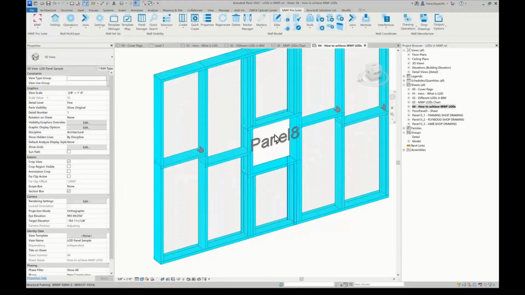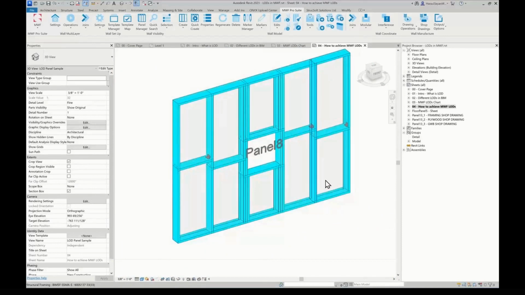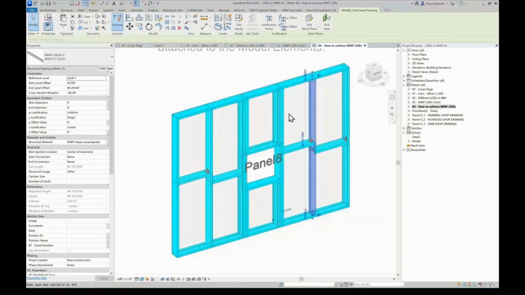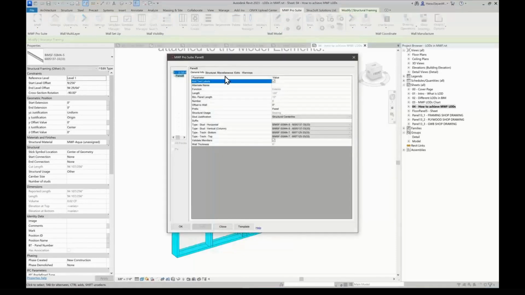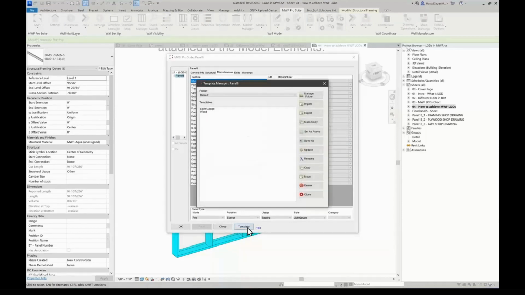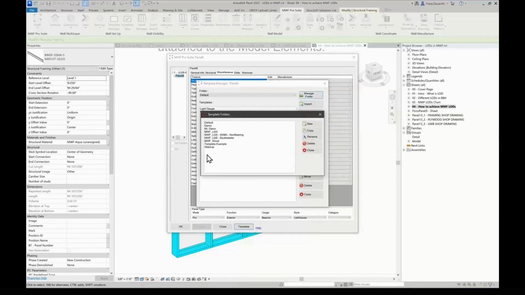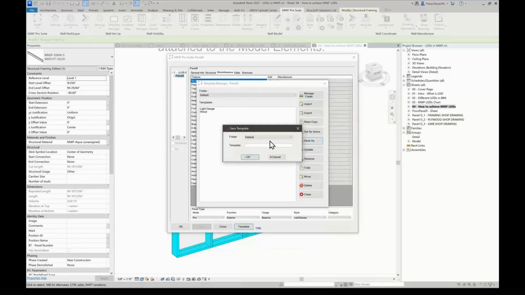So in this LOD, we would specify the details more and more, and we would add clips, for example. Then if we're happy with this template that we've created, we would go back to properties. We can add additional features from over here if we like, but what I'm going to do right now is go to template, and save this in a specific location so that I can use this template over and over again. If you click on Manage Folders, you can create a folder. I'm just going to save it here in the default, and if I click on Save As,